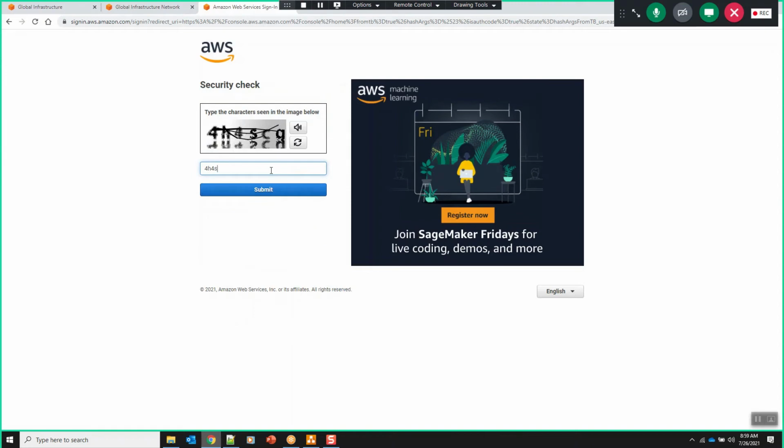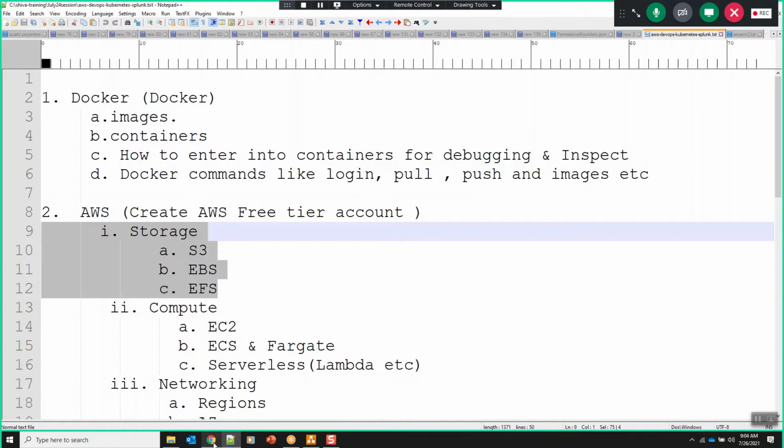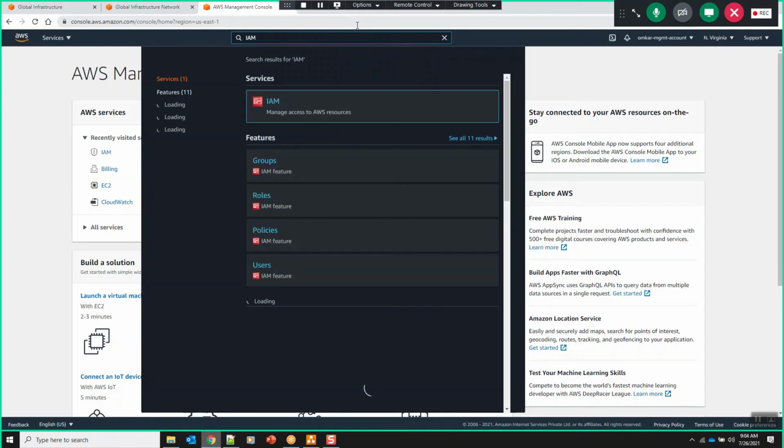Okay. So what we will do now, first thing we will do is let us create one non-root user and let us try to use that. What I will do is let me quickly create one more EC2 instance. Before that, I told, right, for creating any AWS resources, it is not advisable to use root user. So I will go to IAM and I will create one user.